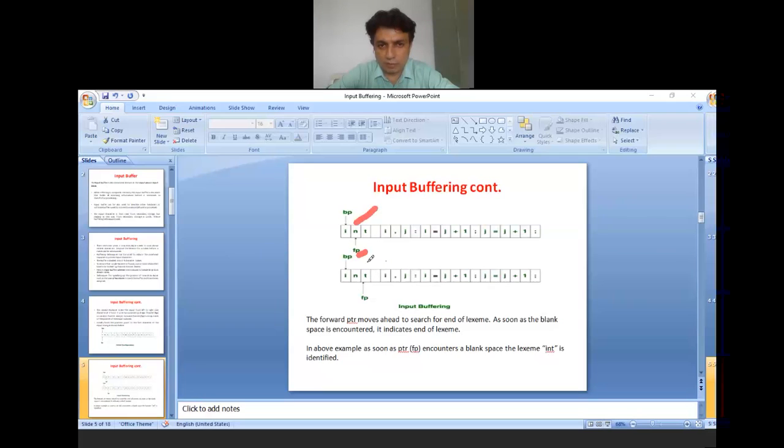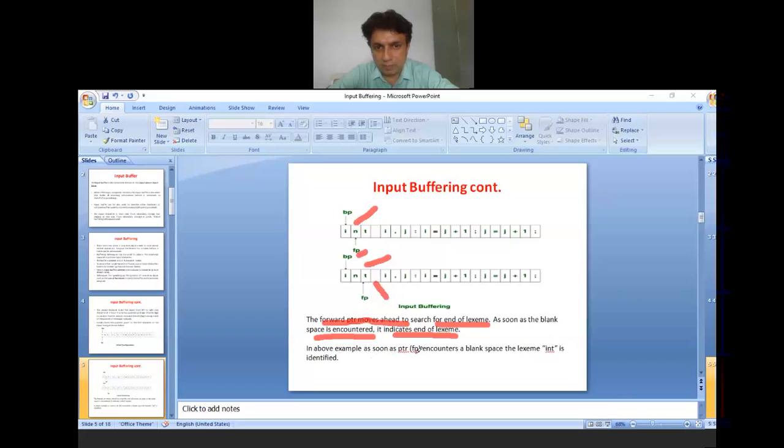After that, the forward pointer is moving to the third character t. The forward pointer moves ahead to search for the end of the lexeme. As soon as the blank space is encountered, it indicates the end of the lexeme. After t, you can see that there is a blank space, so the forward pointer indicates that the end of the lexeme is there.